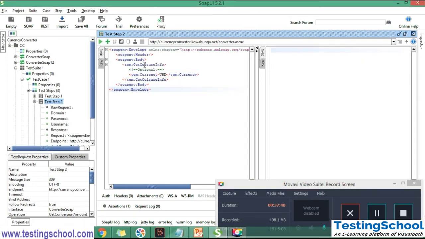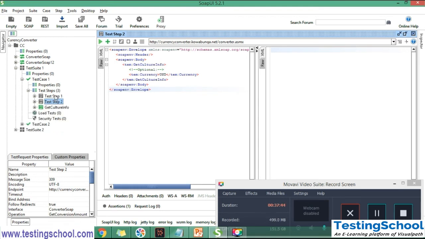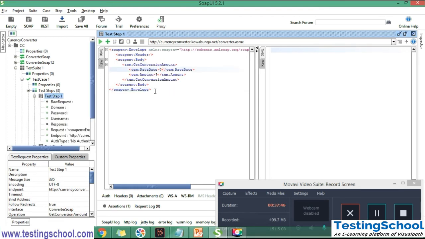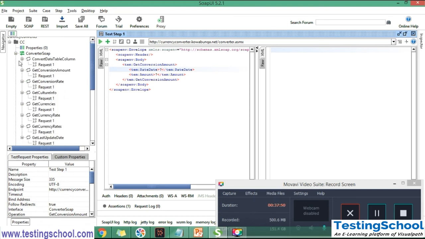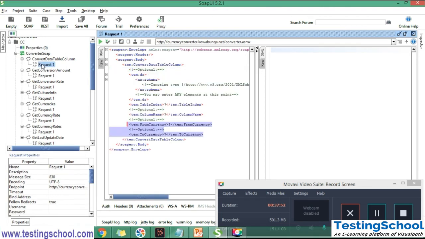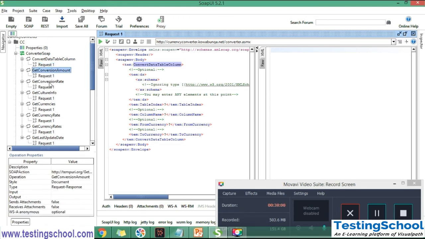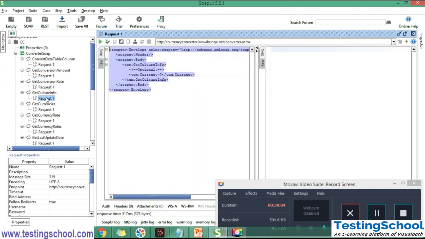Here we have get culture info, and coming to test step 1, here we can see the get conversion amount. But there is one more option we have. Here we can see get convert date table column, another one get conversion amount, get conversion rate, and another one get culture info.